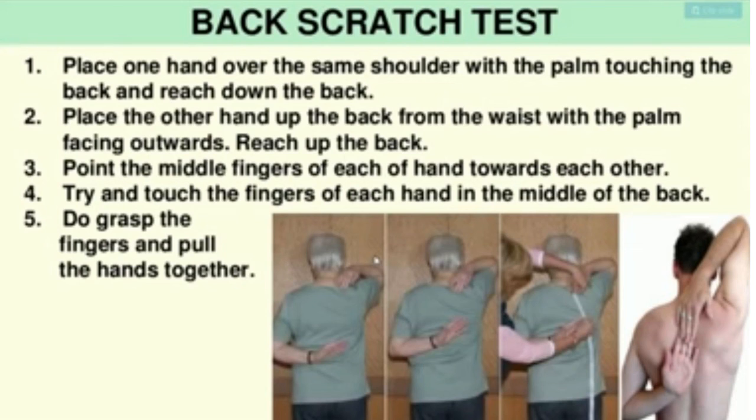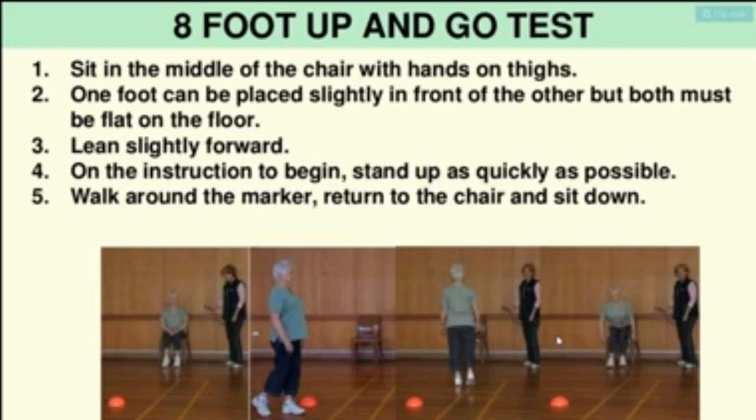Let the participant practice twice and then two trials are conducted. Record the best score out of the two trials to the nearest centimeter or inch. The next test is the 8 foot up and go test. This test is conducted to assess coordination and agility in aged people. This test helps evaluate speed, agility and balance of a person while moving. These are important factors in performing jobs which require quick maneuvering such as getting off a bus in time to